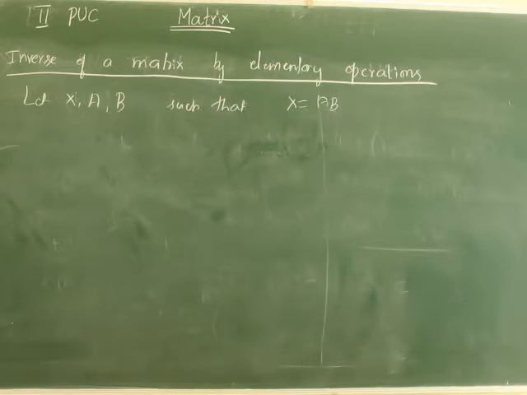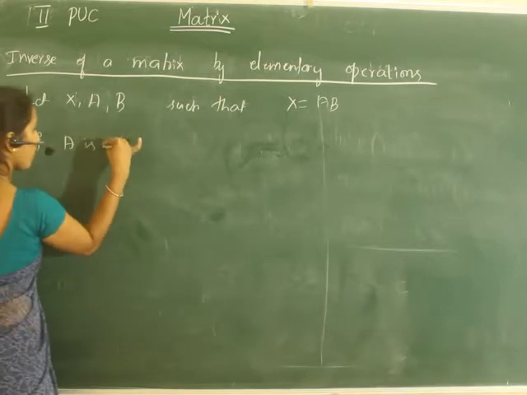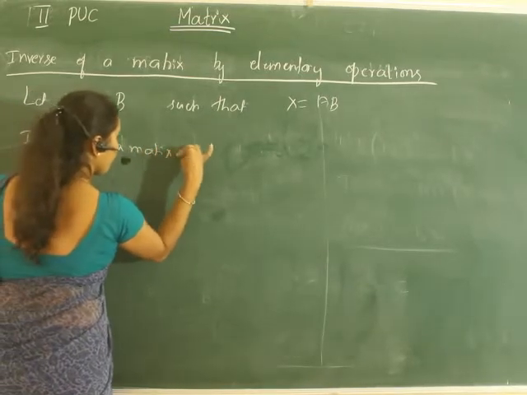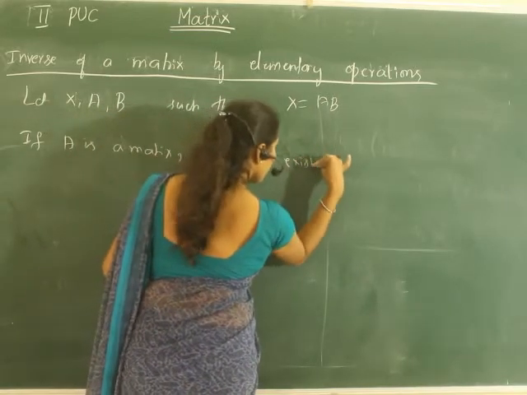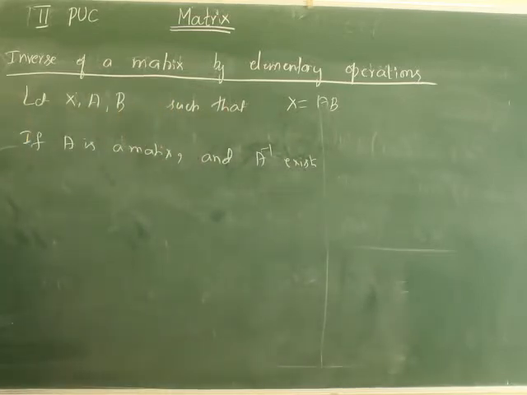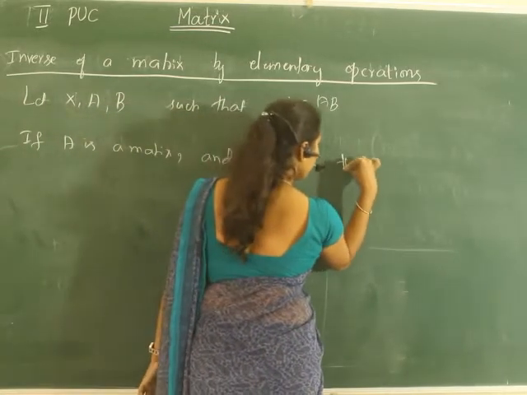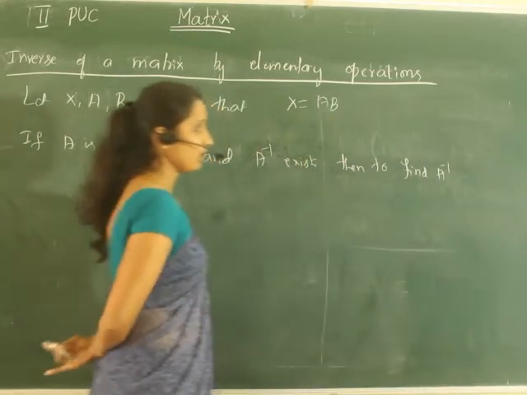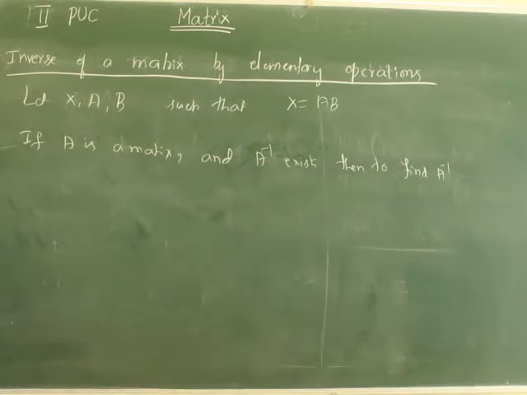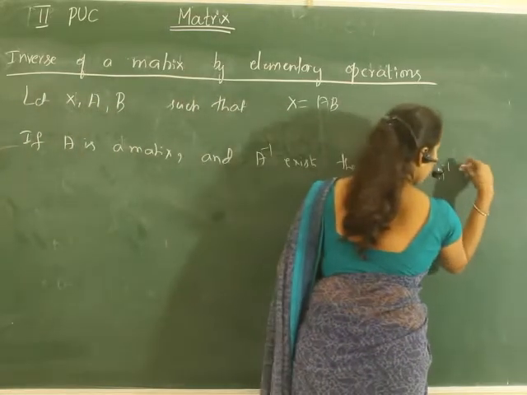From these discussions we can conclude: if A is a matrix and A inverse exists, then to find A inverse by the row operation,